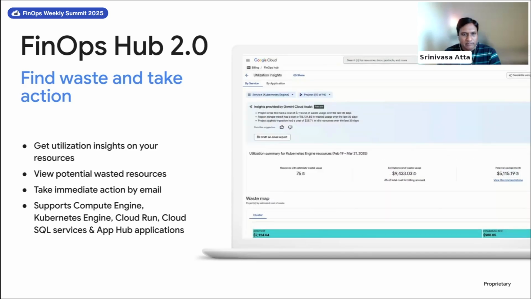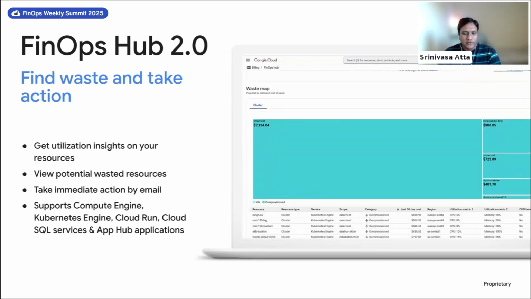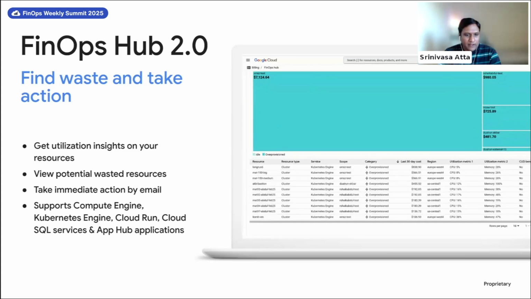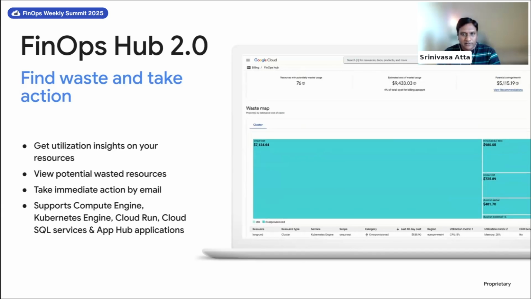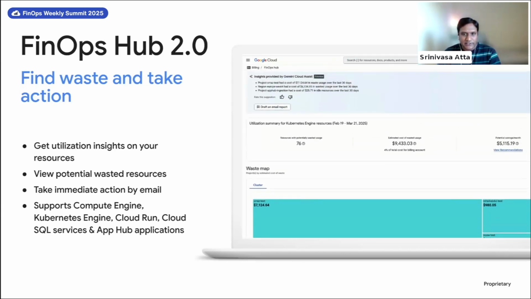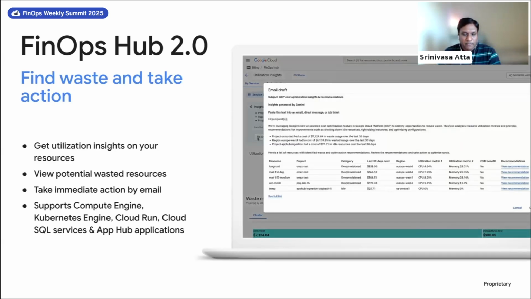We detect things like idle resources, right sizing opportunities, and suboptimal configurations. Also, we integrated with AppHub. If anyone doesn't know what AppHub is, it's a way to organize your resources logically like an application and have observability and a lot of other metric gathering in one spot according to your business goals. With the integration with AppHub, it also allows you to analyze these optimization opportunities directly through the lens of